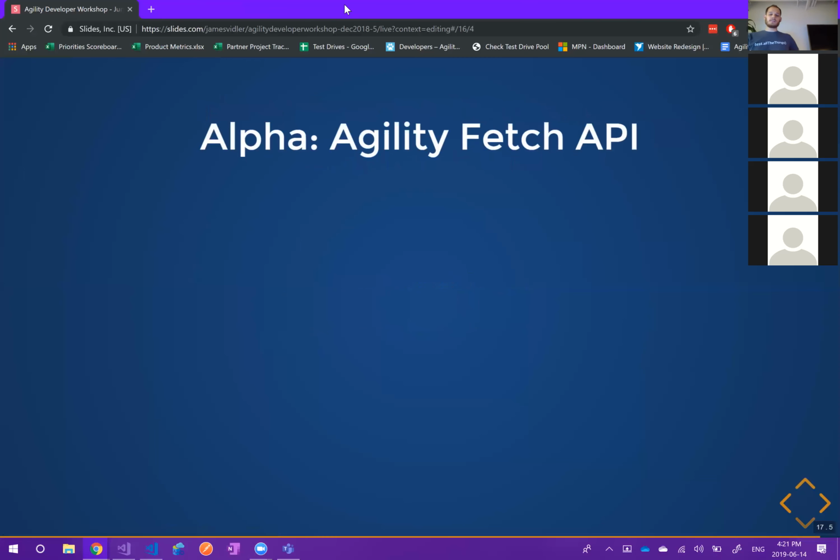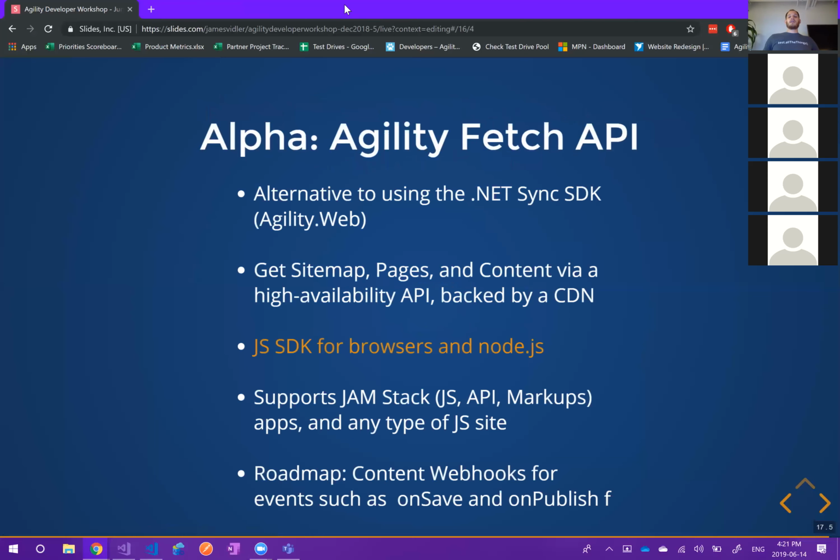The other thing too is, it says alpha, but our beta is just about ready to go. We're introducing a new way to work with Agility CMS. So up until now, we've been talking about the whole sync model, being able to work in .NET. Now, this represents a problem for some people who maybe don't use .NET or want to access content in a non-.NET way. So we're introducing